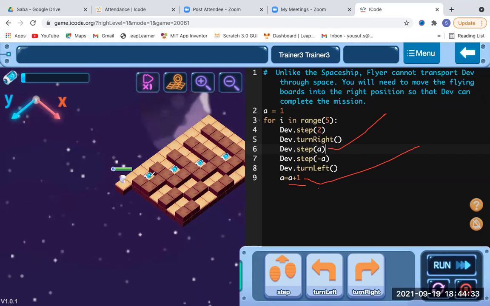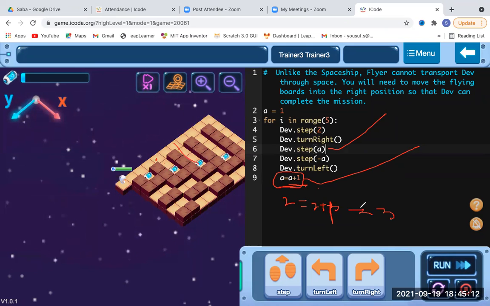Once it reaches, he has taken 1. Okay, the second one is A plus 1, this one. Once it reaches Dave, then he has taken 2 steps, 1 and second step he took. The third one, A has become 2 now, that is equal to, you can use minus also, you can use plus also, you can use division also, whatever you want, you can use according to your logic. Okay, 2 plus 1 now. Now it becomes a third step. Oh, sorry, this is 1, that is equal to 3. Okay, he has taken 3 steps to reach up to this item.